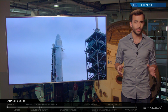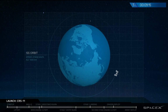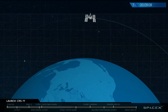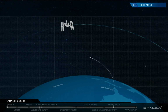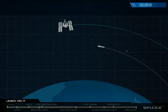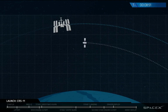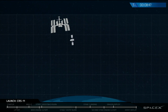It's a little counterintuitive to imagine because the International Space Station is circling. You can actually visualize it with this animation right here. If you zoom in on that circular orbit really close, you can imagine it kind of being like the ISS is flying in a straight line as the Earth rotates underneath it. Once that Falcon 9 launches from Cape Canaveral, the Dragon spacecraft will separate from the second stage once it's hit its intended parking orbit, and the Dragon will execute a series of stop-go burns called circularization and height adjust burns. You can see them here. Imagine it as sort of like a staircase going over and up, getting closer and closer to orbit match to